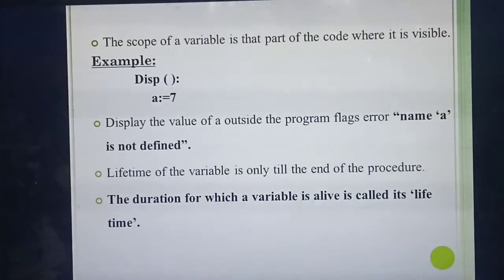Now you are running the program to get the output. So now you are accessing the variable a outside the function. Understood? If you are accessing the variable outside the function, whether you will get the output or error message, just think it and say. You are defining the variable a inside the function, but now you are going to access the variable outside the function. Which one you will get? Error message, because you are defining the variable inside the function, isn't it?